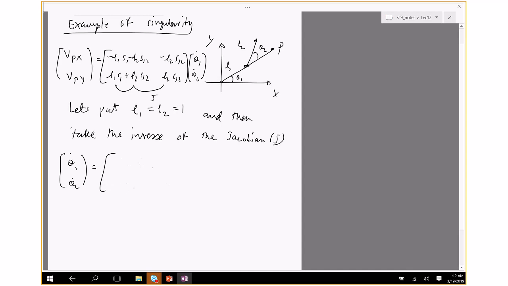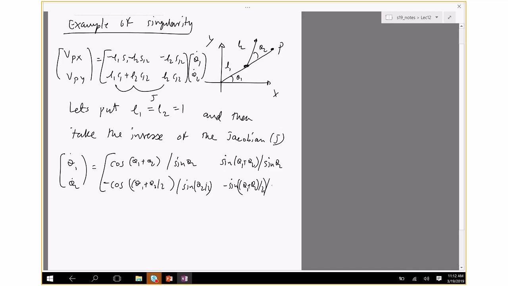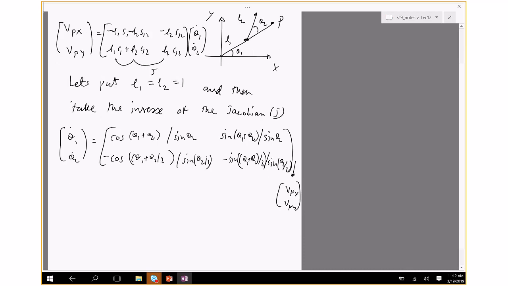I got to write this down in full form because apparently you get half angles. Cosine of theta 1 plus theta 2, minus cosine of theta 1 plus theta 2 divided by 2, divided by sine theta 2 divided by 2, and the other term is sine of theta 1 plus theta 2 divided by sine theta 2, minus sine of theta 1 plus theta 2 divided by 2, by sine theta 2 divided by 2, and then here there would be VPX, VPY. So the exact terms are not important, but what is important is that this term here